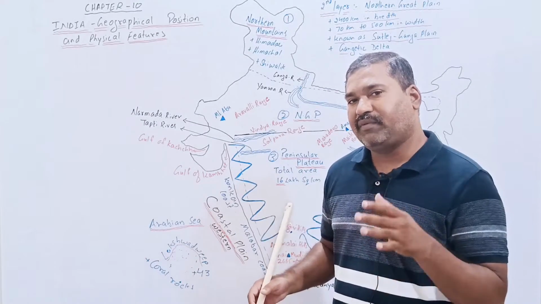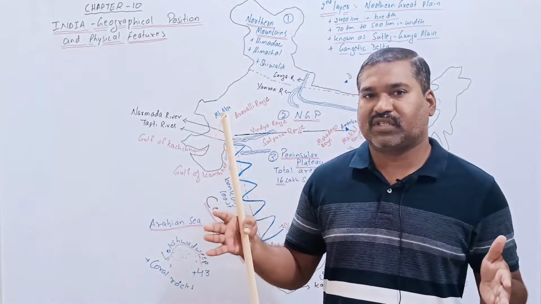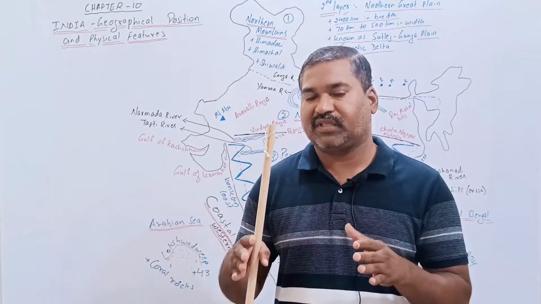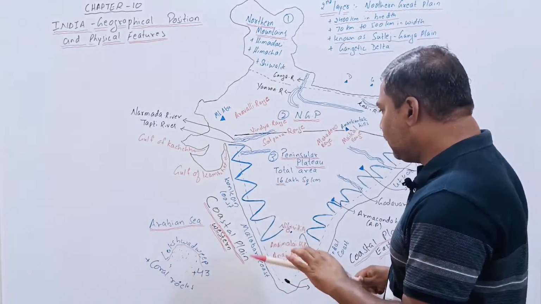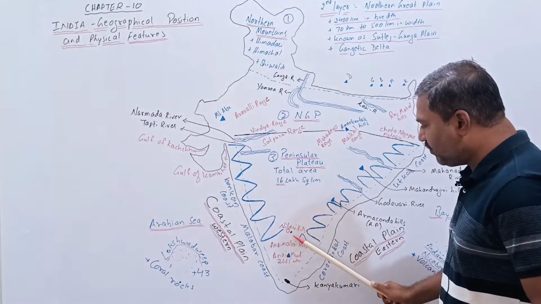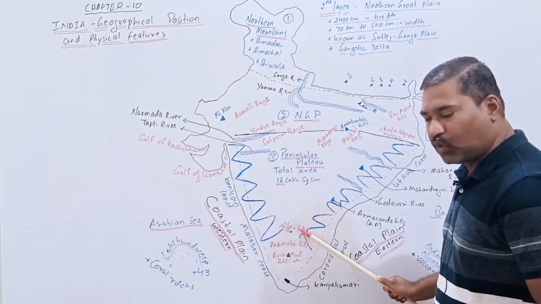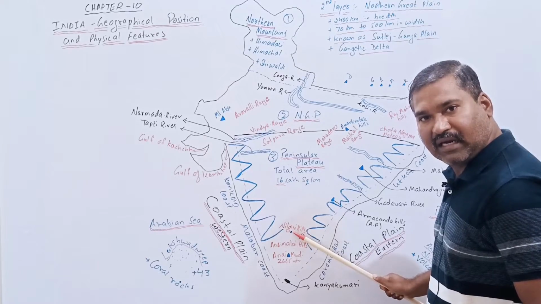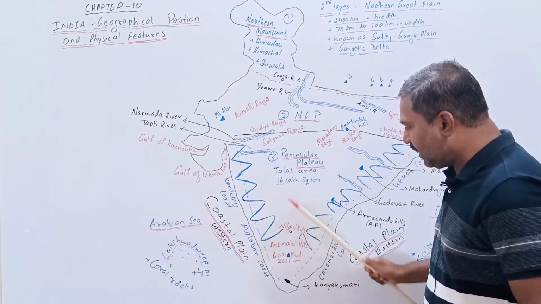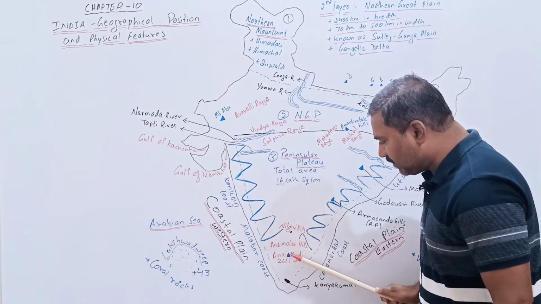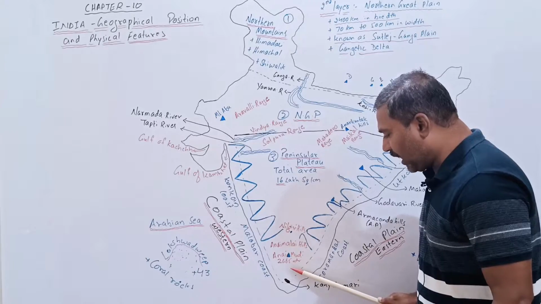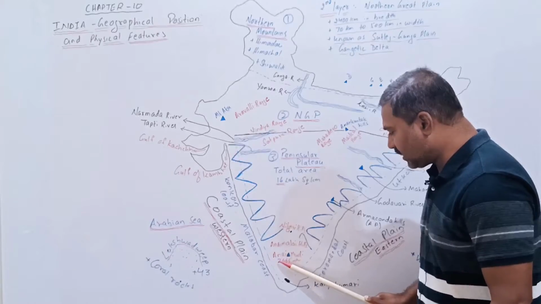So when we differentiated between the Western Ghats and the Eastern Ghats, we made four differences between them. Dear students, the Western Ghats and the Eastern Ghats meet at the place called the Nilgiri. Doddabetta lies where? In Karnataka. Down in the south we have the Annamalai Hills, and in the Annamalai Hills the highest peak is called Anamudi Peak,